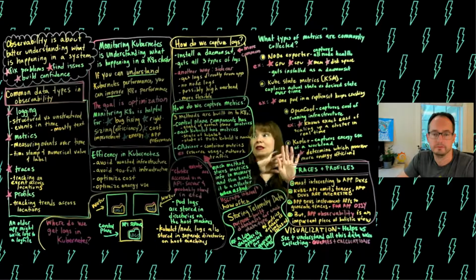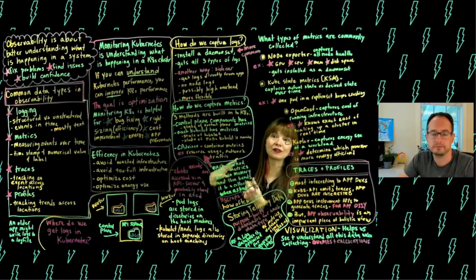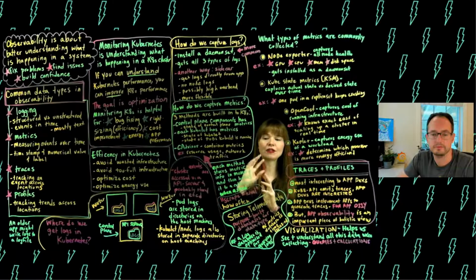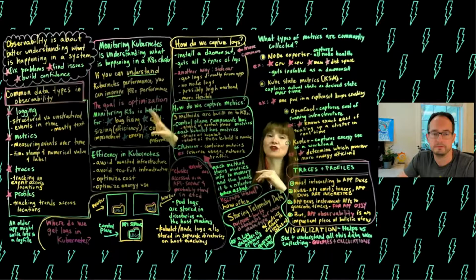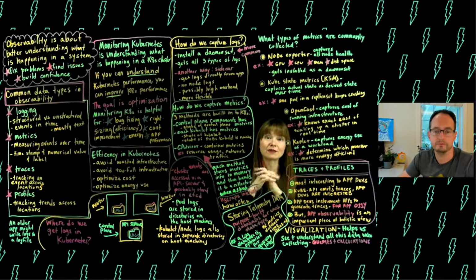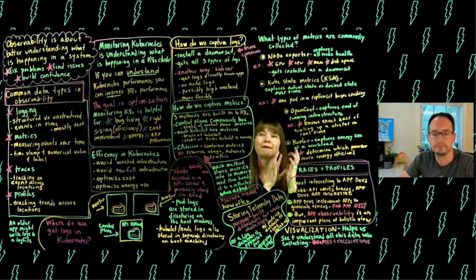So then we talked about how the logs are created, how the metrics are created, how we're capturing those. And then what happens once we capture them? We need to store them somewhere. So when you store telemetry data, there are purpose-built databases for each type of data. So we talked about a logging database being optimized for searching logs to find what you need in a reasonable amount of time. And a metrics database is time-serialized, so you can look up a point in time and see what's happening, for example.